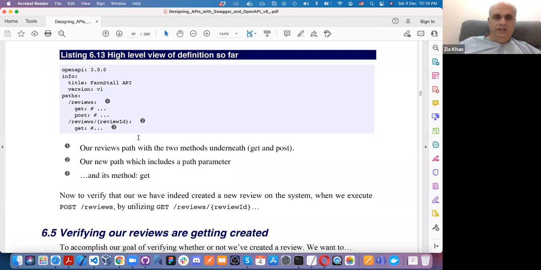Now look at this GET and this POST. To get an overview of what Anis is asking and what Bilal you are saying, look at this thing, 6.3. This is a summary. They have hidden the details, because otherwise there's too much data. If I say path is equal to /reviews, this GET will get you the list of all reviews. This POST will let you add a single review.